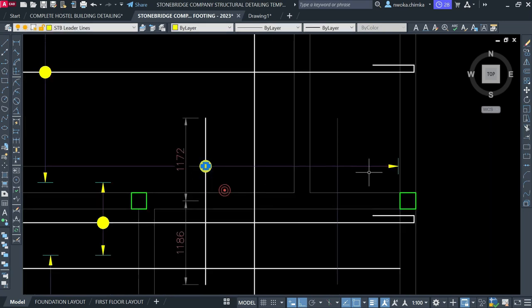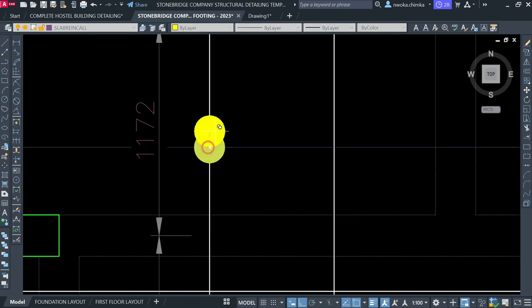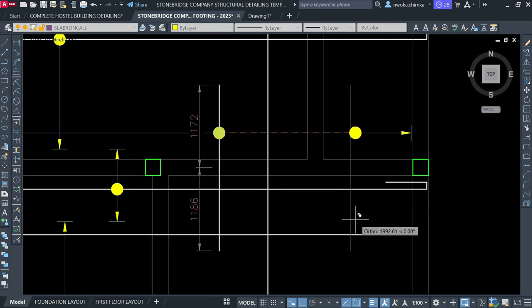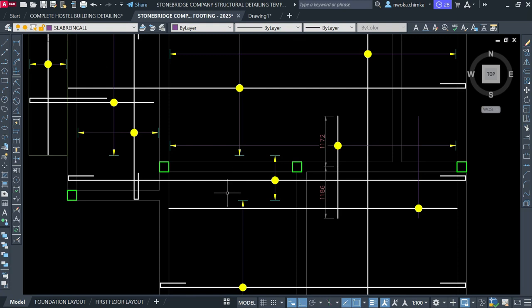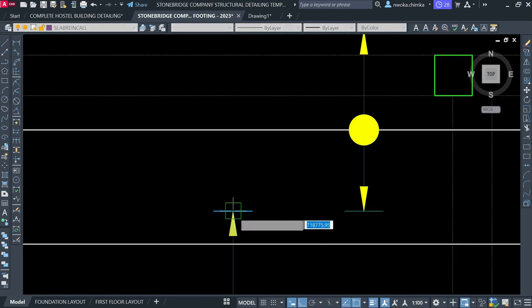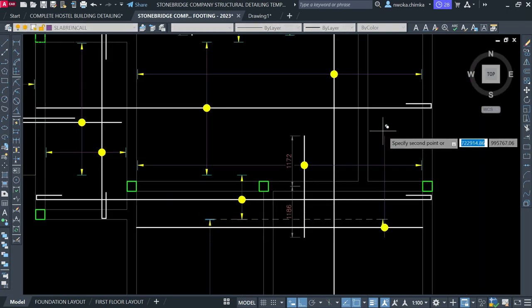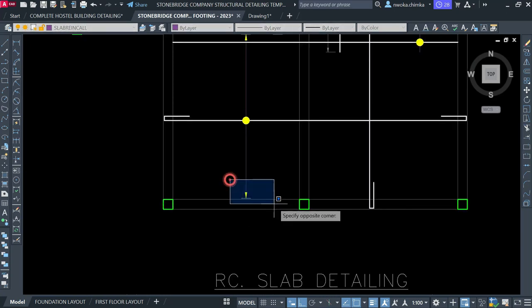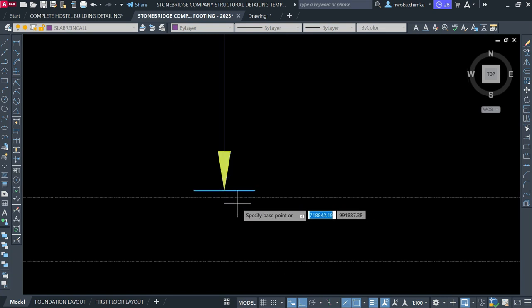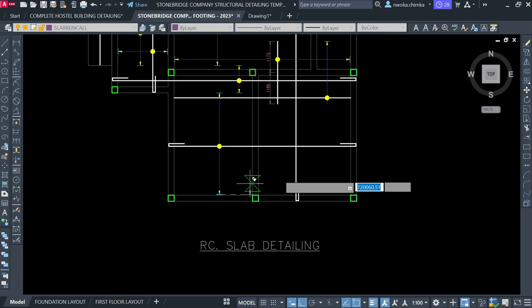So once again, copy this right now to show how it is running, and then keep this here first. Then go and copy this thing here, copy from here, and come and place this here. That's fine. And then go again and copy from here again and come and place